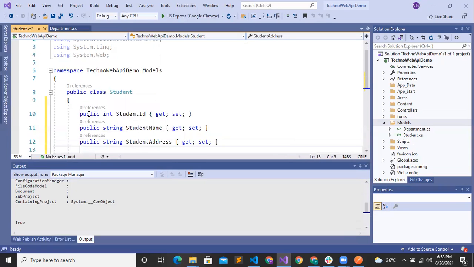Now we need a department ID as a foreign key in the student class. So we will create a department ID.